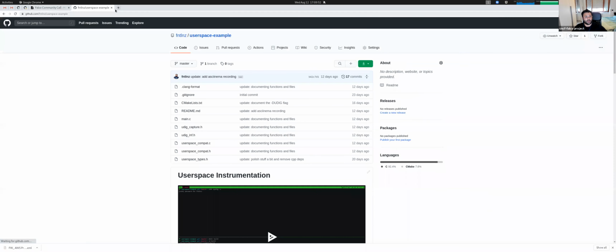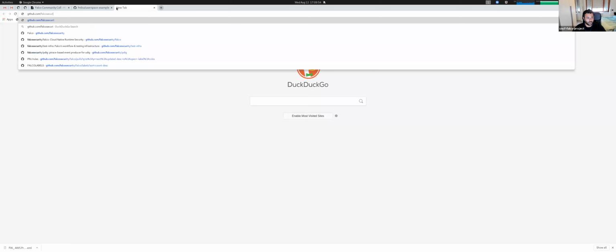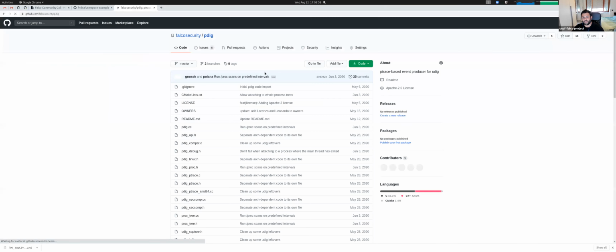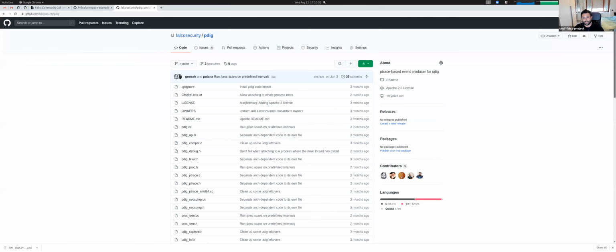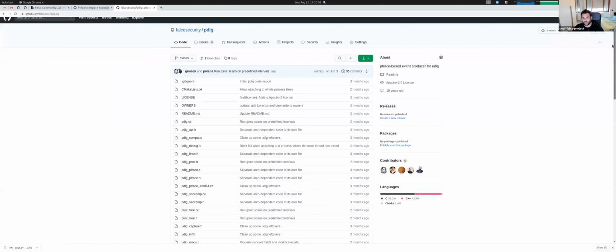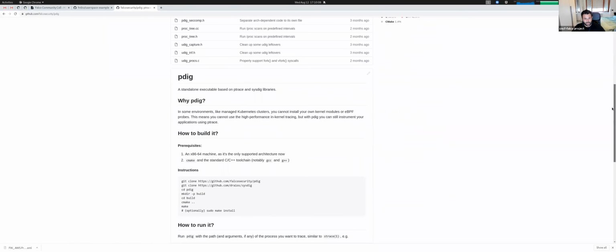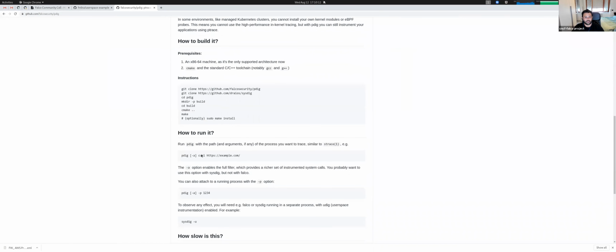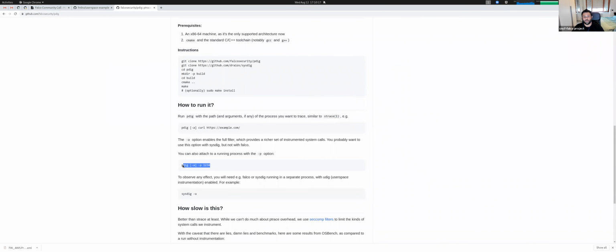We also already have a working implementation in the Falco security organization of something that uses this protocol to send events from real system events, and it is PDIG, the falcosecurity PDIG repository. If you download PDIG, compile it, and then execute a process by using PDIG as a wrapper or attach PDIG to a process ID, you will receive those events without the need of the kernel driver or the BPF probe.